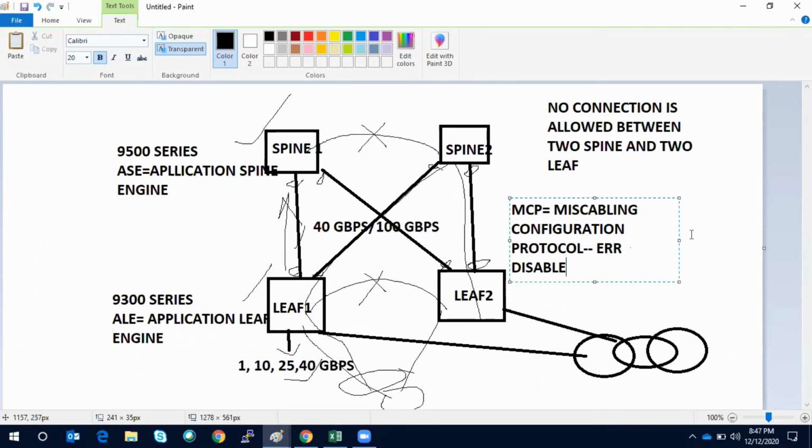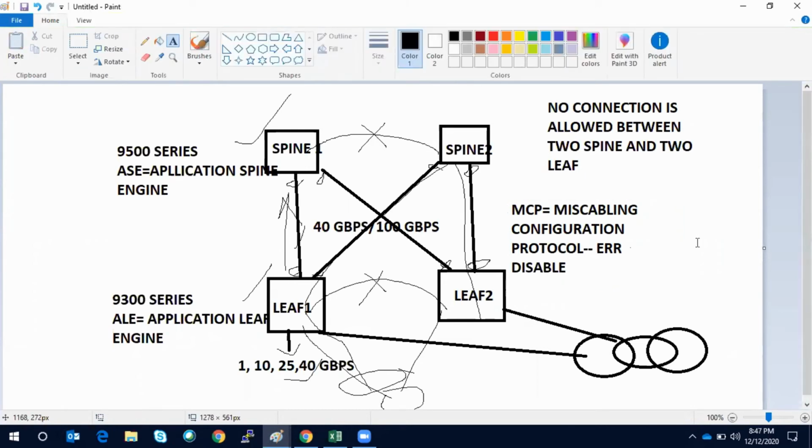Okay. So Manish, is it required to have MCP enabled in the ACI, or can we work without MCP? See, the best practices say you should enable MCP. Even if you go to the global configurations, there is an option, and a per VLAN configuration is also there.